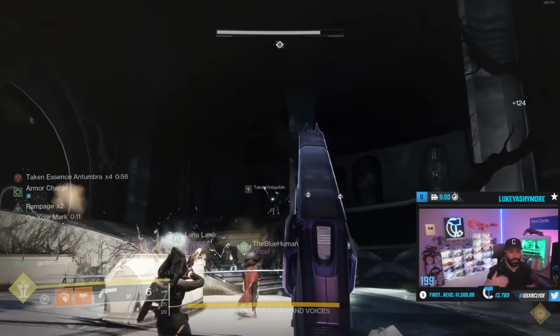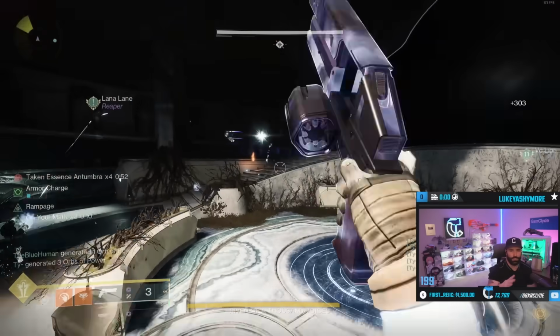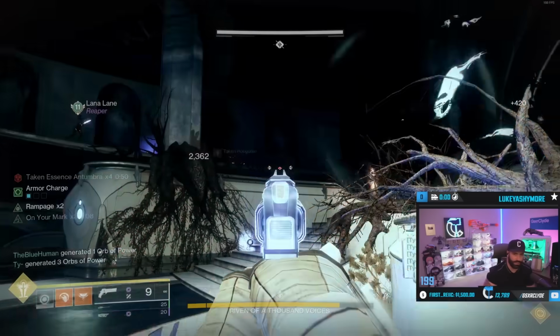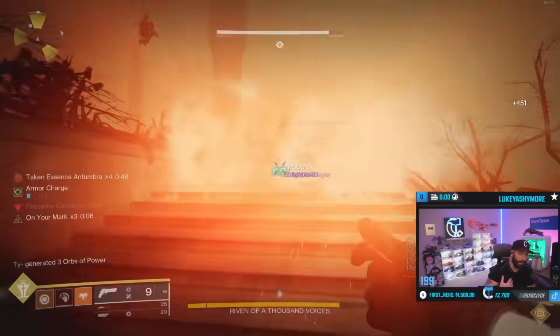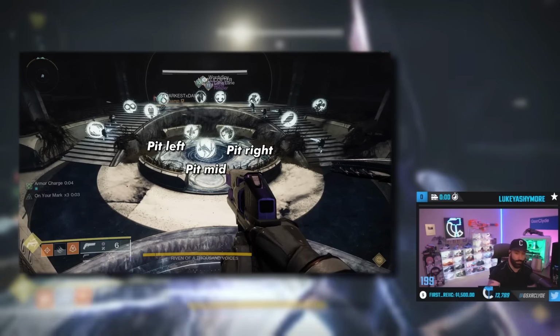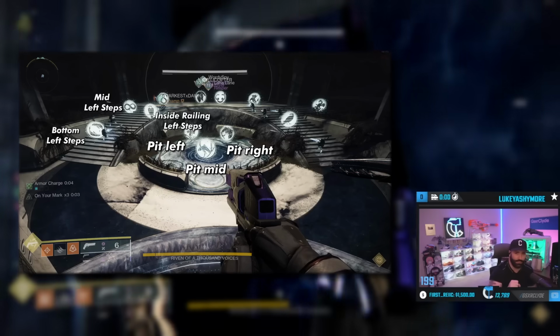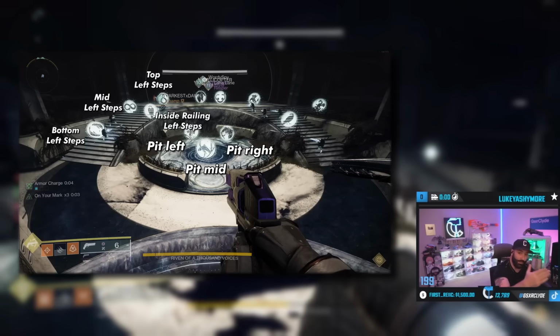When you're standing in the window, your teammate tells you what they see and you just simply tell them where to go. I'm going to do some short callouts right here, and we'll put some text on screen explaining what I use as callouts, but you can use whatever you want. So we have pit left, pit right, pit mid, bottom left steps, mid left steps, and then inside railing left step. And that's where the railing meets. Then you have top left steps,